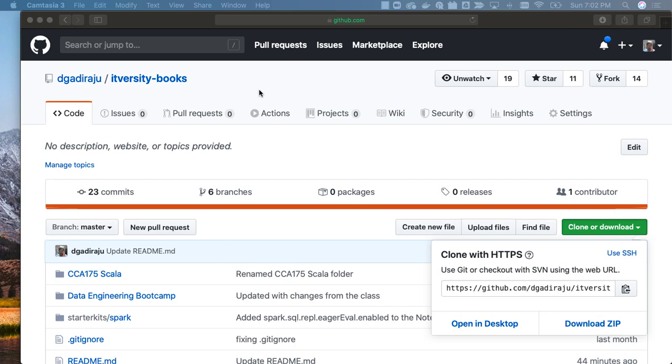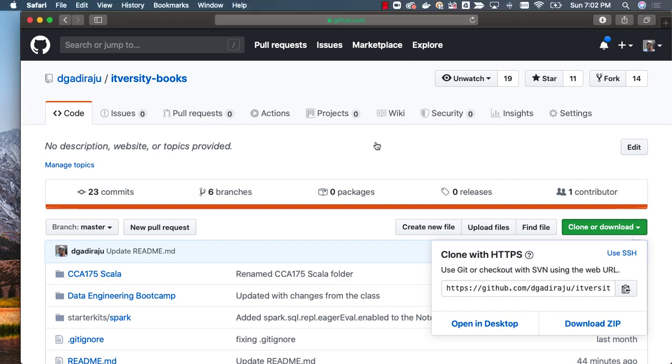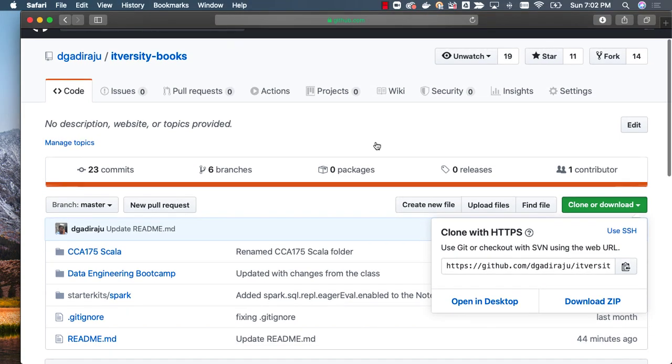Earlier, I have demonstrated how to set up Python, Jupyter Notebook, Jupyter Lab, etc. using terminal. However, if you don't want to get into that level of technical details, if you just want to quickly start learning Python, one of the approaches is to use Anaconda. You can search for Anaconda in Google and then install from there. However, before getting in there, let me walk you through the ITversity books, especially if you want to learn Python.